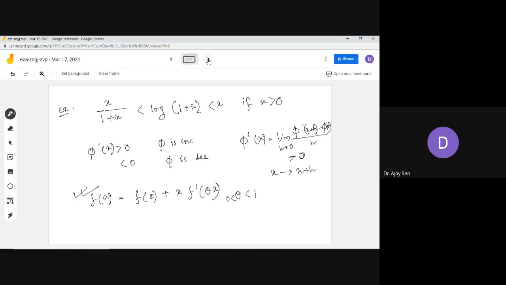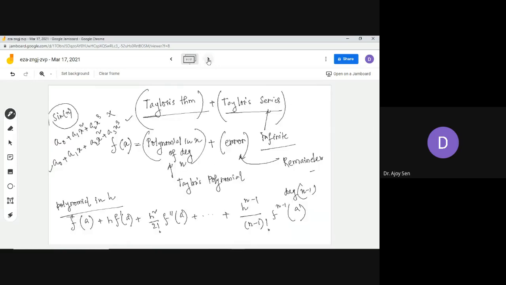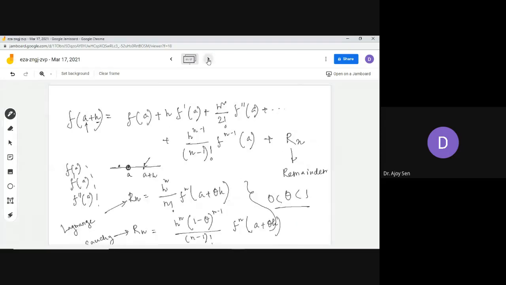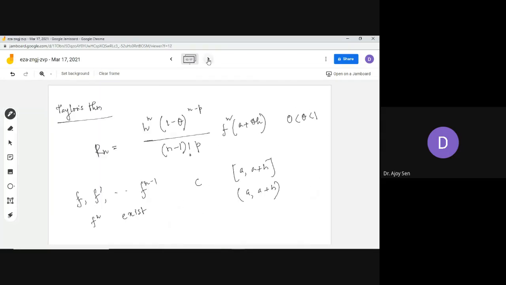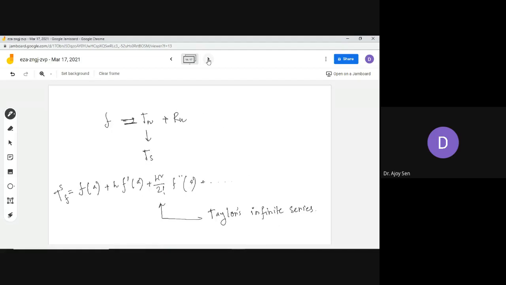And the last thing is Taylor's polynomial and Taylor's series. So the statement of Taylor's theorem is needed, and the form of remainders is required, and obviously the expansions of some basic functions like sin x, cos x, log(1 plus x), e to the power x, and (1 plus x) whole to the power n. These 4-5 functions are there in your syllabus, and for these functions you just have to calculate the successive derivatives, nothing more than that.